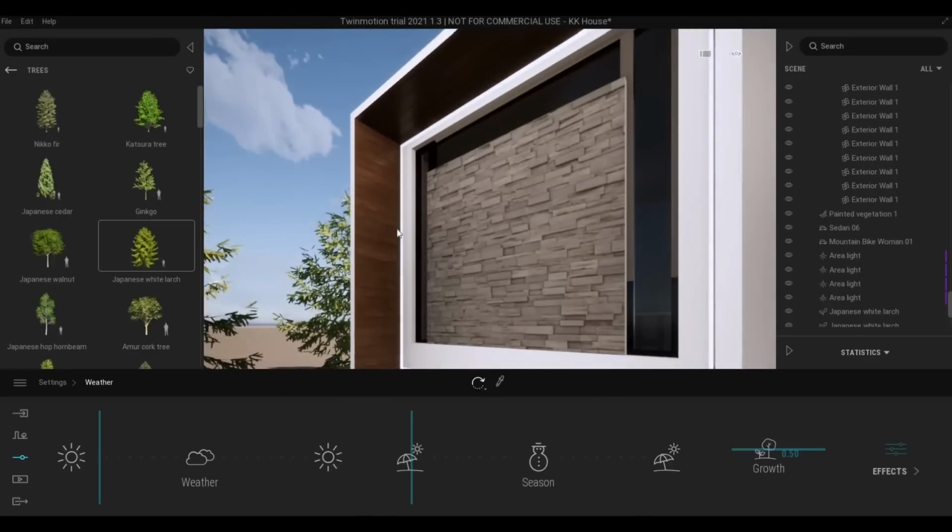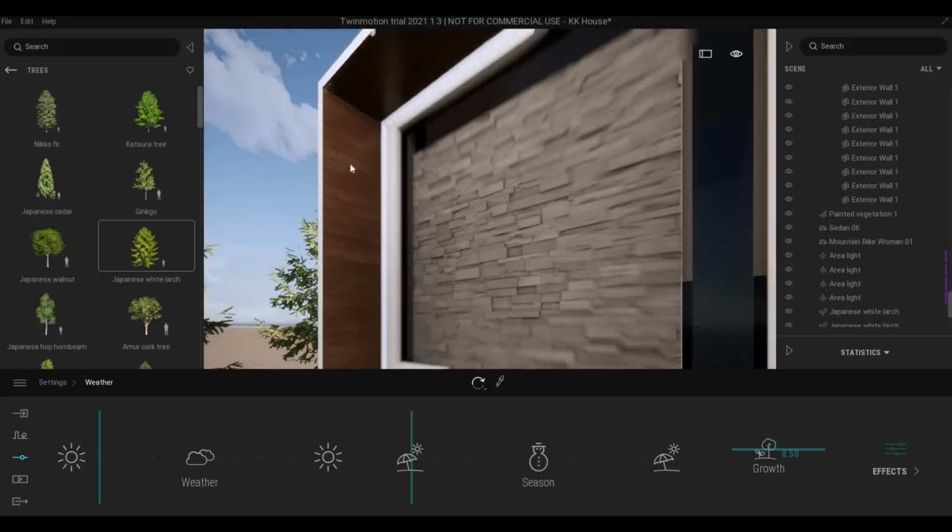So I would like this kind of rotation, as you can see,